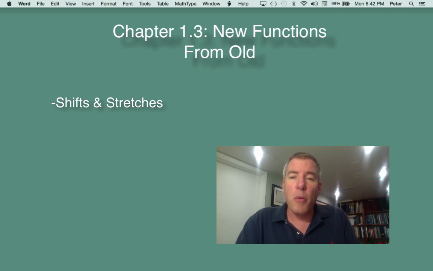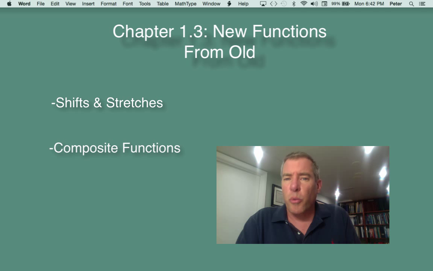After we've talked about that, we'll move on to this idea of composite functions. Now, composite functions are really important in calculus because when we get into derivatives and differentiating, we need to use different rules for composite functions. So it's really important that you have a concept of what they are so that you can recognize them later